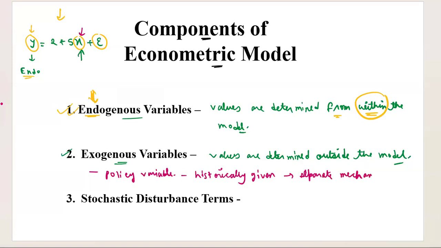Separate mechanism. I hope you understand, right? So this is done. Endogenous variable is done, exogenous variable is done, and the most important is the stochastic disturbance